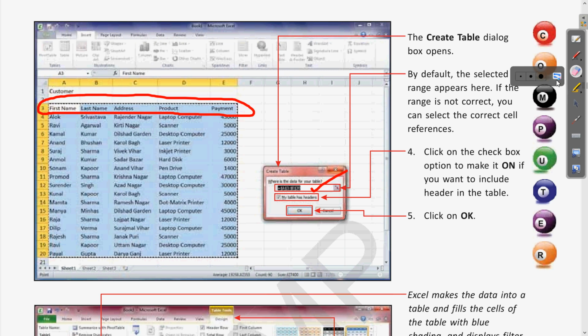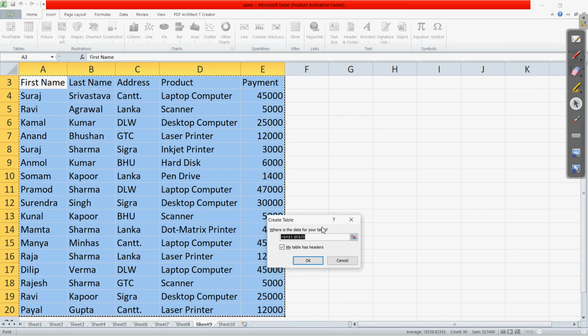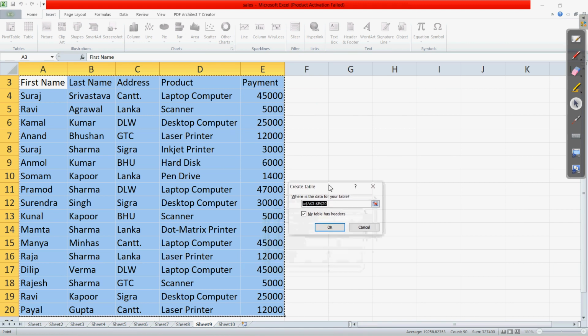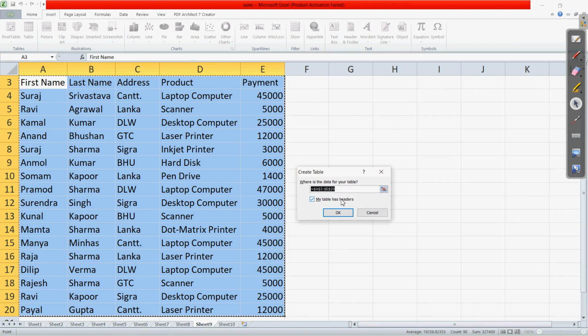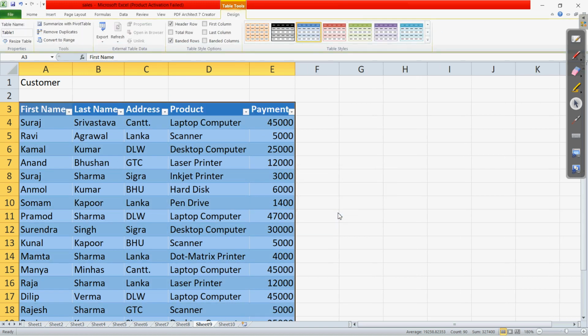Erase this and come to the Excel window. So here you can see when I have clicked Table, the Create Table dialog box shows the selected range. Clear? And here there is the checkbox, My table has headers. We want these to be treated as the headers, so click on this checkbox, and after doing this, click on the OK button. Clear?